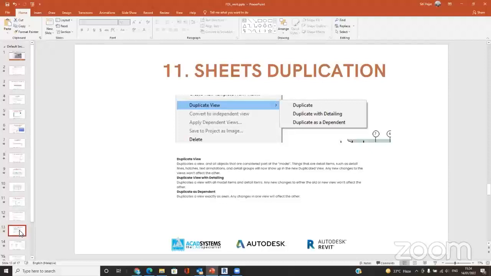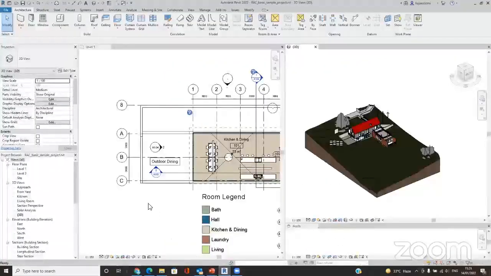The 11th one is about the sheet duplication. So I see that people actually creating the sheet duplicate without knowing what they are actually meaning. For the 3 types here, they just click on the duplicate and duplicate. So this is where I want to show you. If I go back to the Revit,